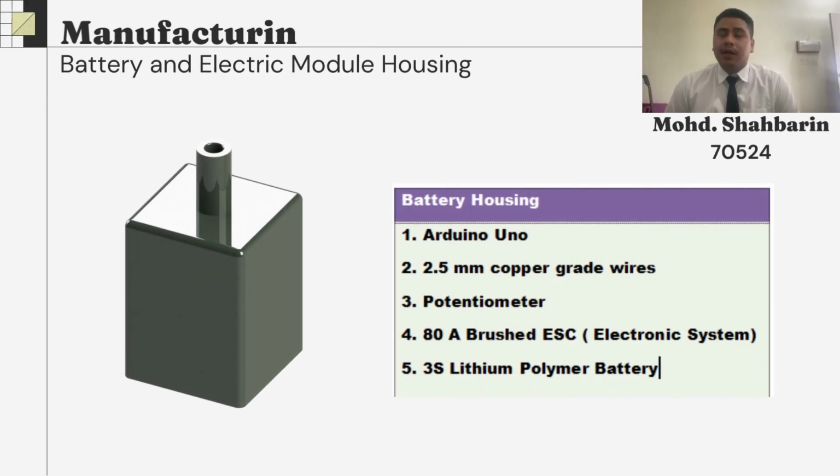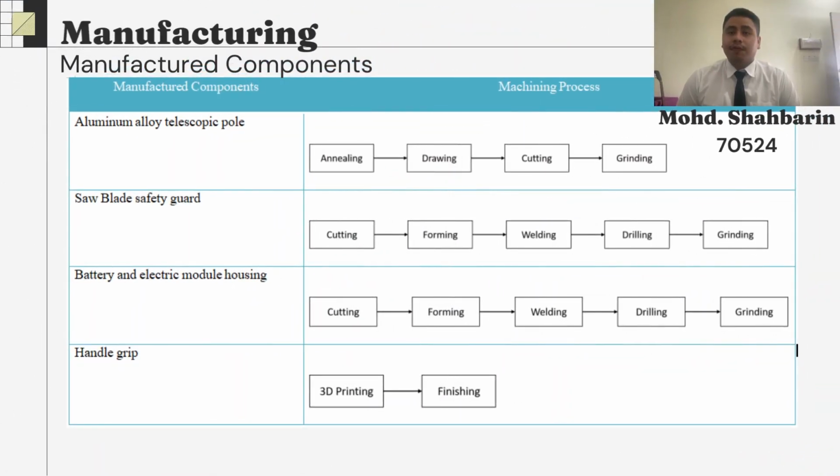Furthermore, the battery and electric module housing includes electrical components such as Arduino Uno, copper grade wires, potentiometer, brushless ESC, and lithium polymer battery, which is covered by the electric module housing. From all the listed configuration in our design component, we tend to manufacture our own parts, which is the aluminum alloy pole, saw blade safety guard, battery module housing,